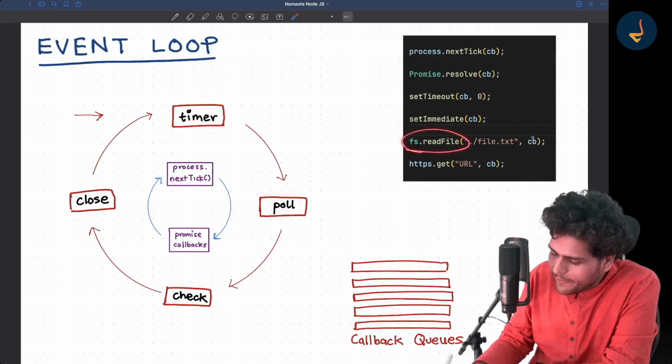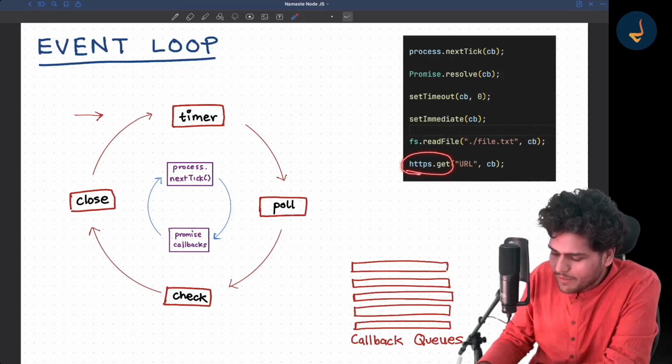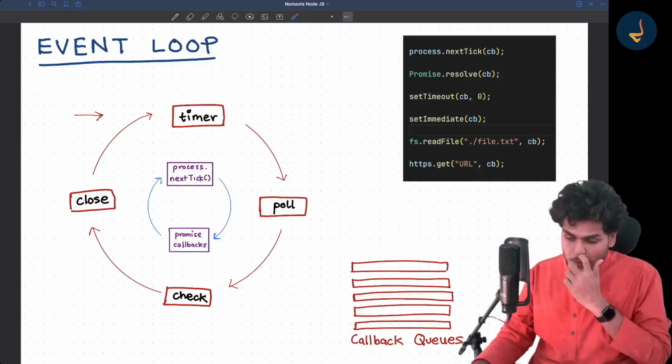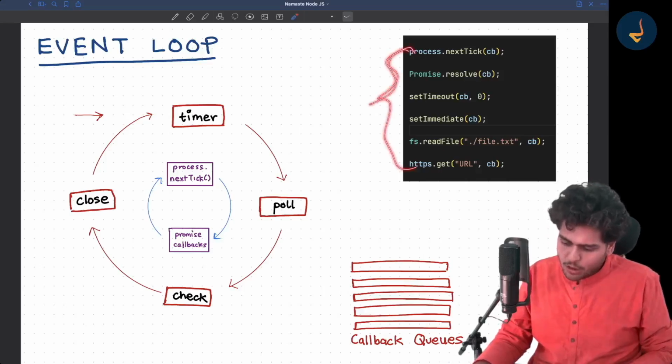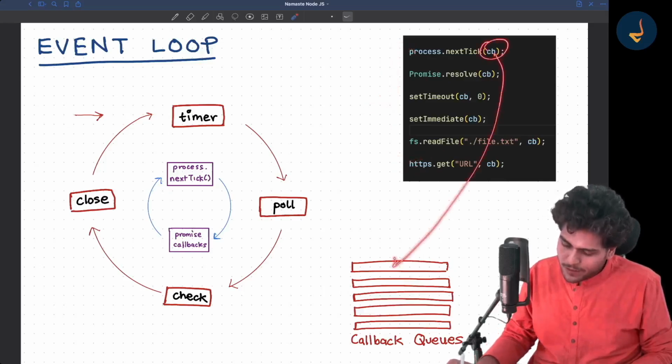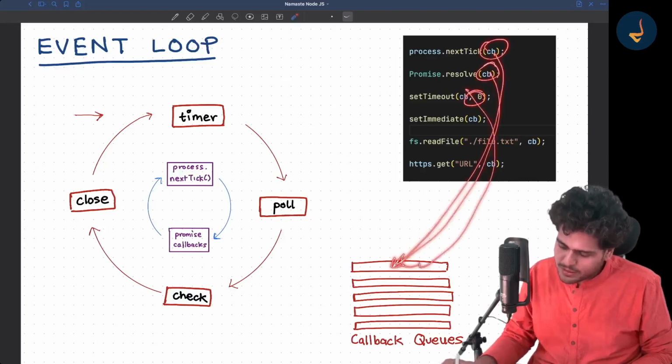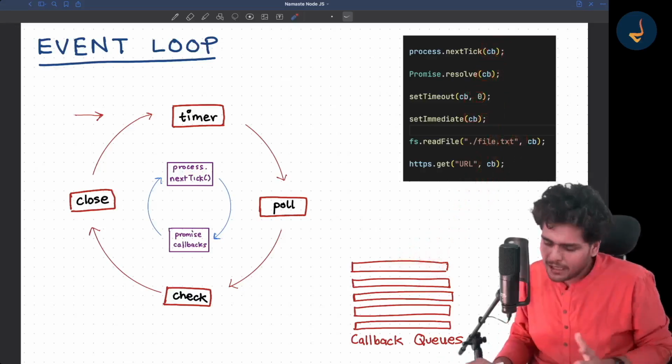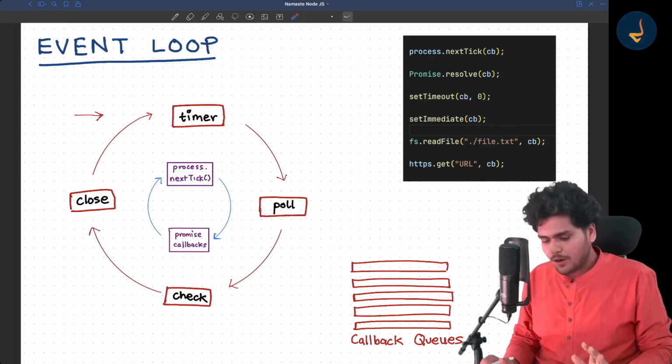There is a fs.readFile and you have a callback function over here. You have an http.get, https.get, and there is a callback function, right? So there are a lot of asynchronous tasks and all these callback functions go into the queue, right? All these callback functions go inside separate queues. All of them have their own queues maintained by libuv. Okay, now